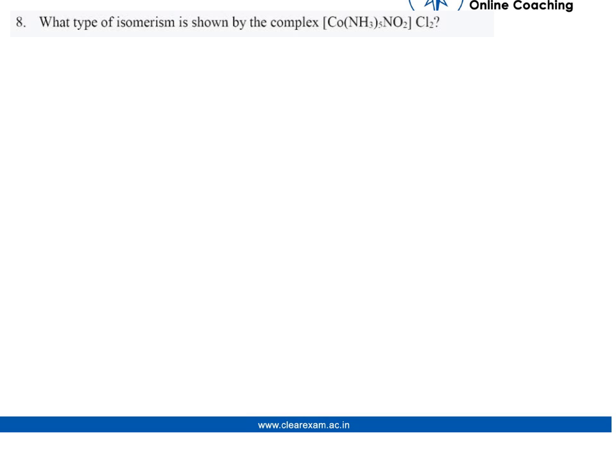Question number 8. What type of isomerism is shown by the complex [Co(NH3)5NO2]Cl2? In this there are two types of isomerism. I will tell you one by one. First, in this